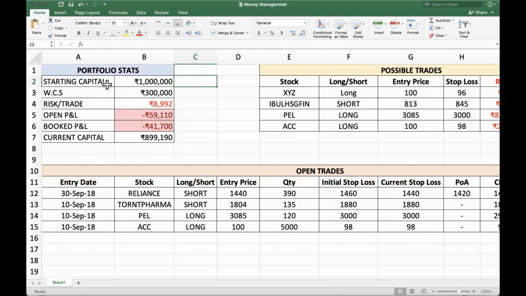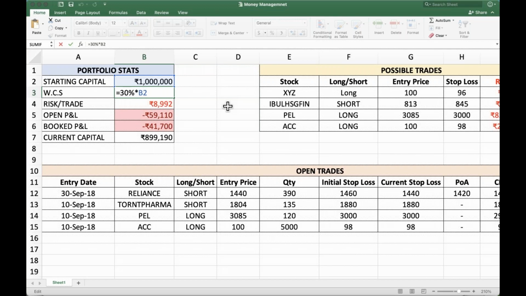Okay, so for all due purposes, I've taken a starting capital of 10 lakhs. It can be 5, it's just a number. It can be 1 crore also. So I've taken 10 lakhs. The next row says WCS, 3 lakhs. WCS is worst case scenario. For the worst case scenario, I've taken the formula of 30% of your starting capital, which means